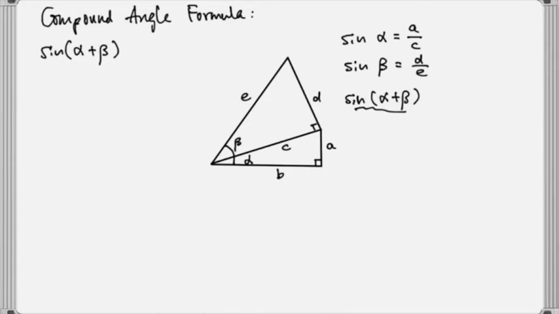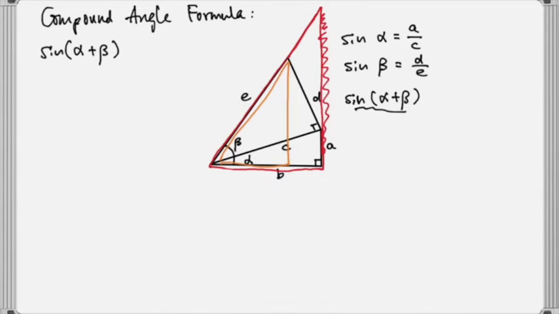Here's what I mean. I've constructed two right triangles that have the angle alpha plus beta. One is the red triangle, which is a right triangle,